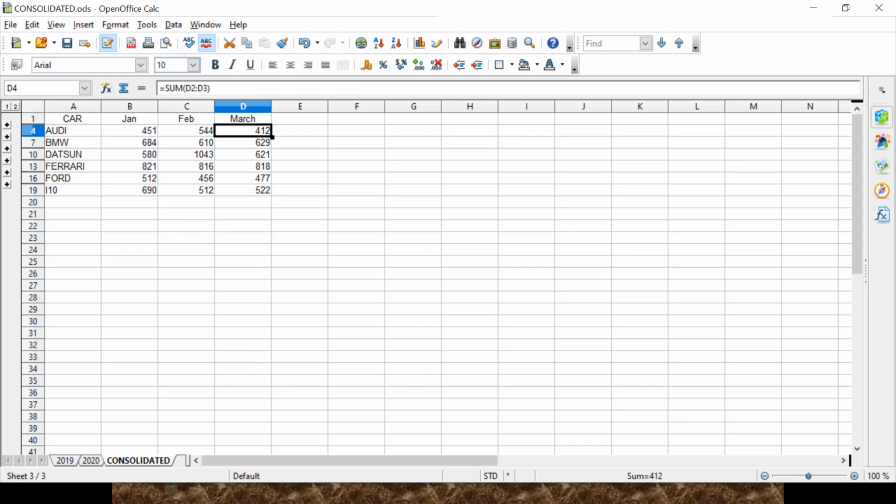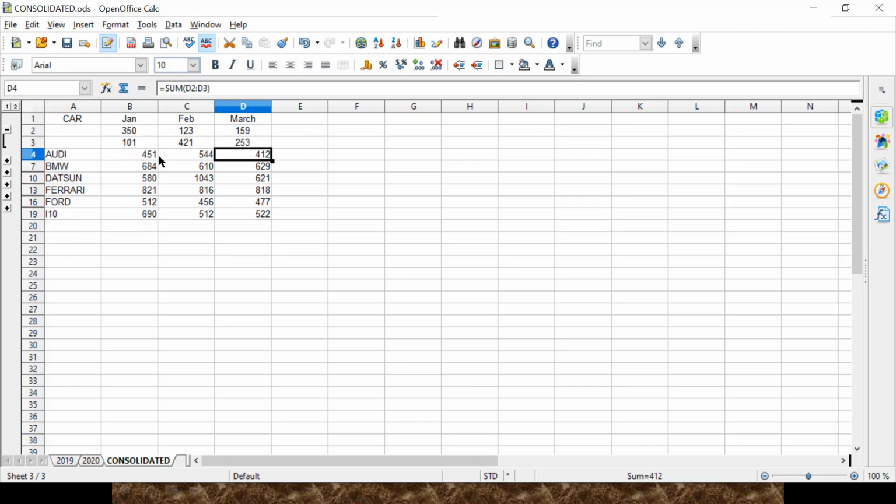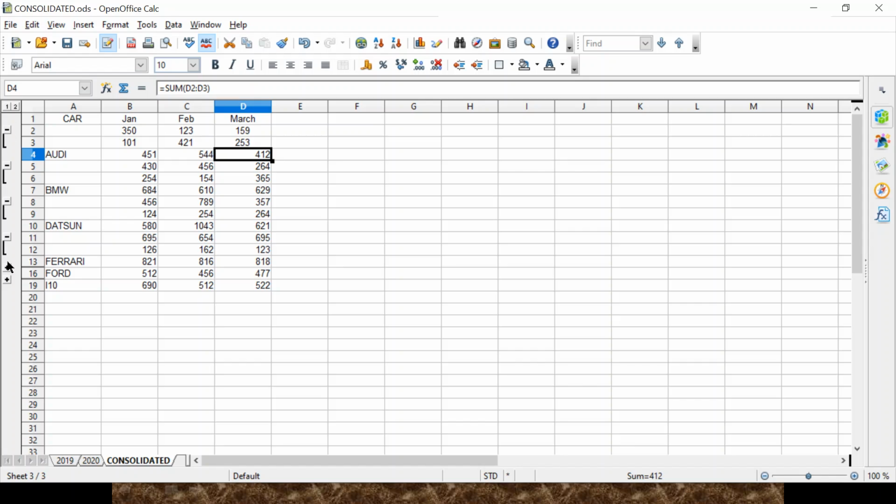But even then we want to match it. Here you can see, due to the clicking on link to the source data, these links are created. If you click on this, it will show you ये 451 आया कहाँ से, 350 for 2019 and 101 for 2020. Same, as you can click, it will show you the detailed source from where your data has been taken. Means for 2 years the data is taken and that is summed up. हमने sum function लिया था. Got it?